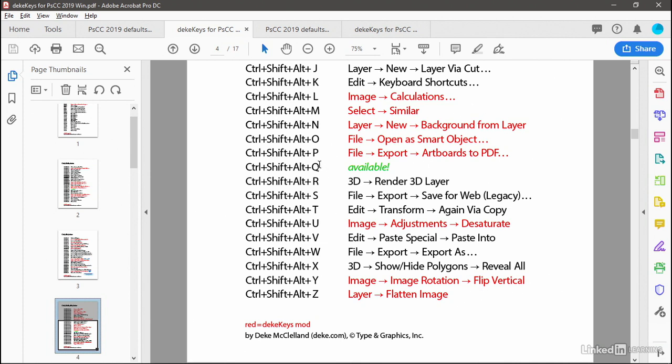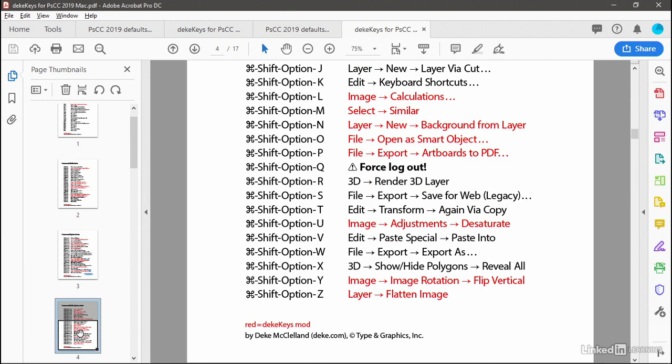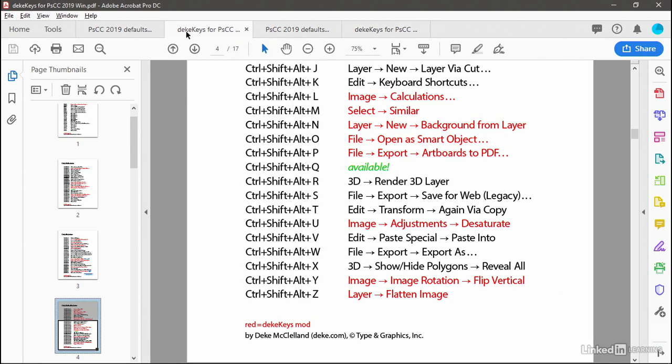I left Q open because that's another dangerous one. If we switch over to the Macintosh version of the document and I go ahead and advance to page 4 and scroll down, you can see that Command-Shift-Option-Q is going to force you to log out. Very dangerous keyboard shortcut. I do not recommend you press that one, so steer clear of that guy, which is why I left it available here on the PC. We discussed how U is desaturate, Y is going to flip the image for real vertically,